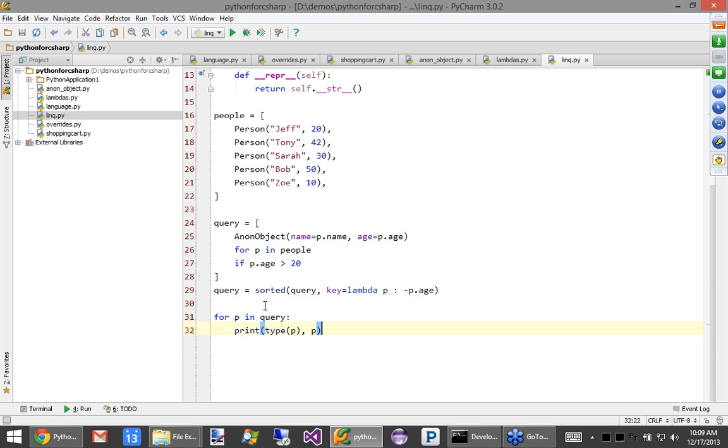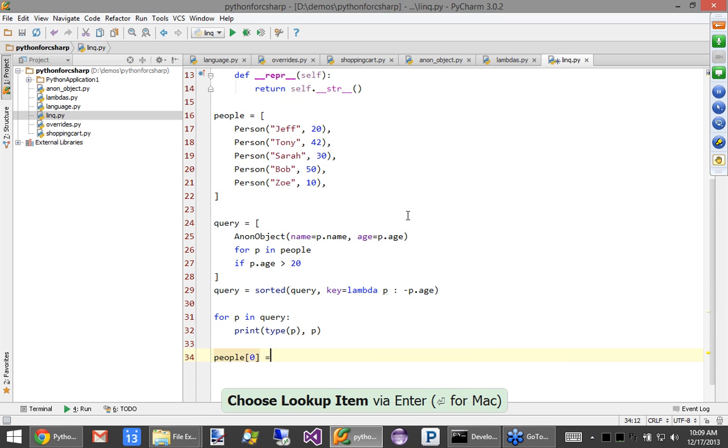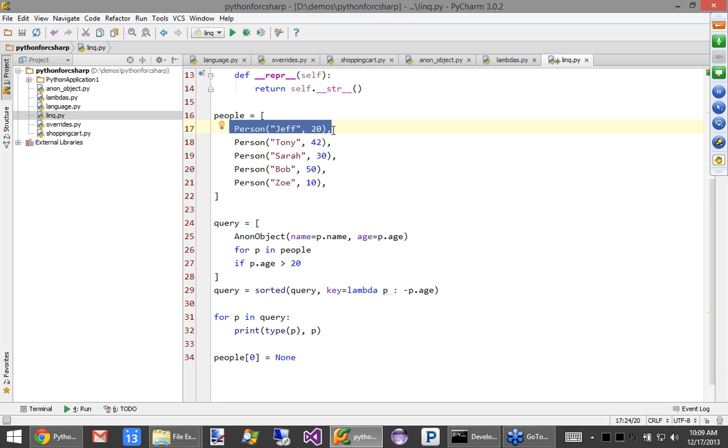So if I say down here, people of 0 equals null, it's nothing, that would trigger delete immediately on this object. Right? So it doesn't use sort of a pre-allocating GC, and for that reason I think it would probably be pretty lightweight. But let's just say input here, press any key to exit.